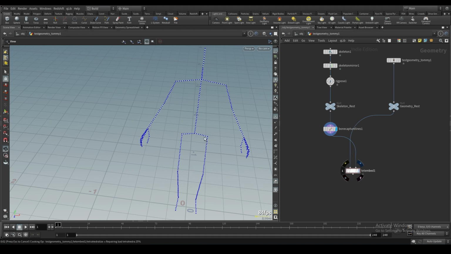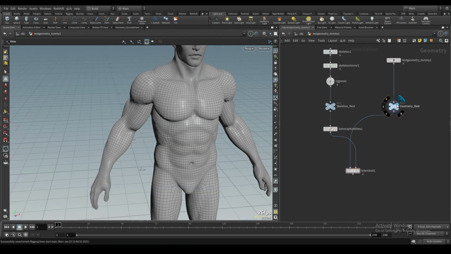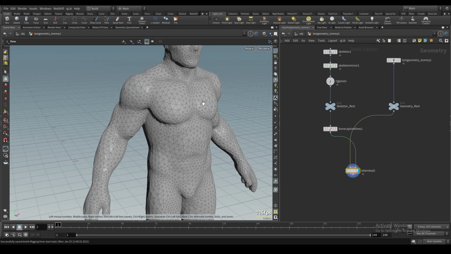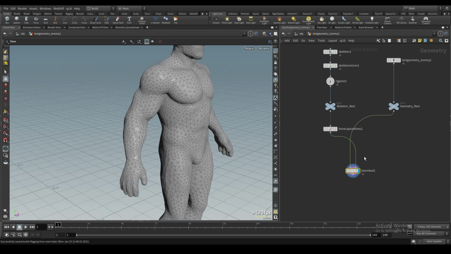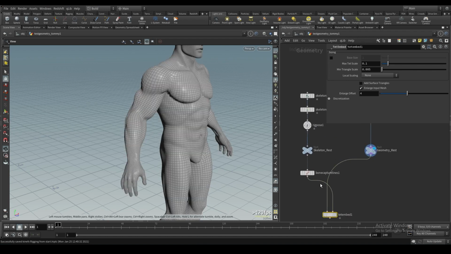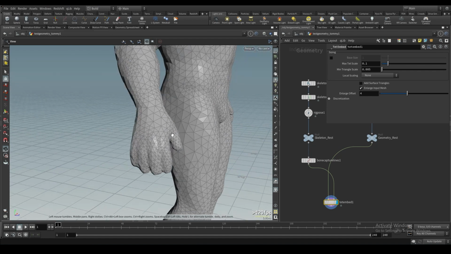And this is going to create a tetrahedralization of our, if I turn display points off, you can see we have this rest geometry, and then we have our tetrahedralization of it. I hate that word. And you'll notice right off the bat that it's much bigger, or expanded from our rest geometry, and that's because enlarge input mesh is on by default on this node, which actually causes some problems